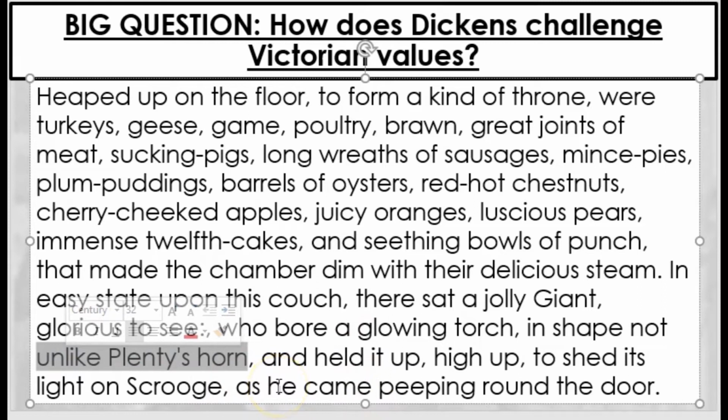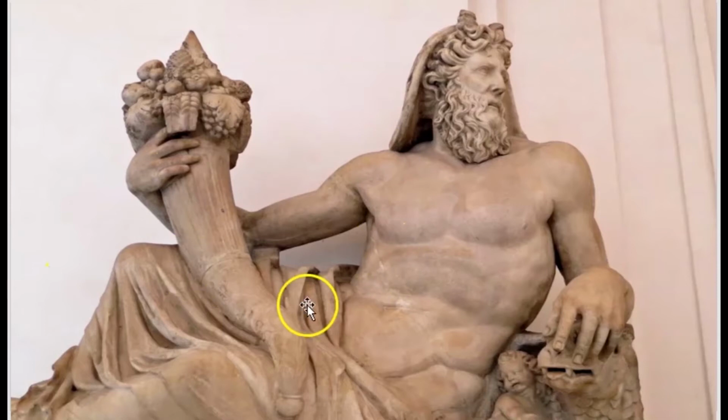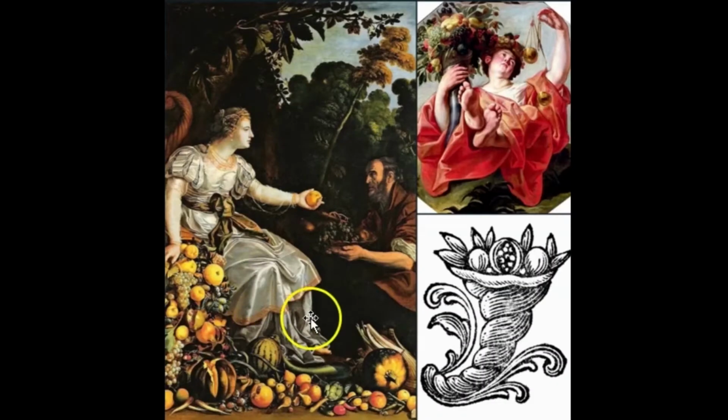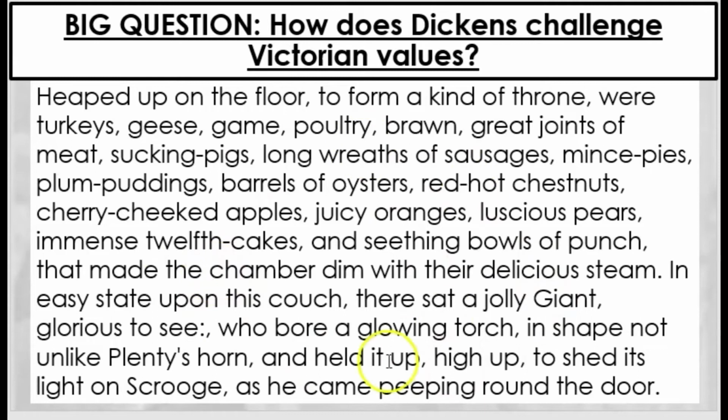Now, this is a reference to a character of mythology, variously depicted in things like statues, such as this one. A character who kind of represents nature and nature's bounty, who gives out food and sustenance to people. And so we get this horn crammed full with foods and fruits and things, because the idea that nature can support all and is abundant and caring. Also depicted in paintings and sculptures. So there's the Horn of Plenty, and various kind of paintings showing Plenty sat on a throne bestowing food upon people. This idea of the kindness, the bounty of nature. So that's what's kind of being played upon here.